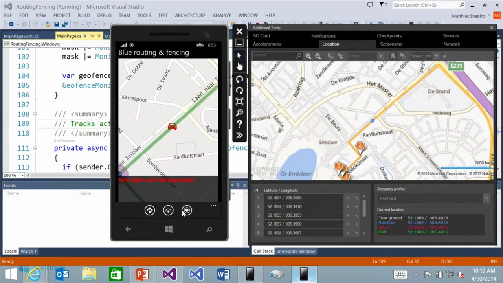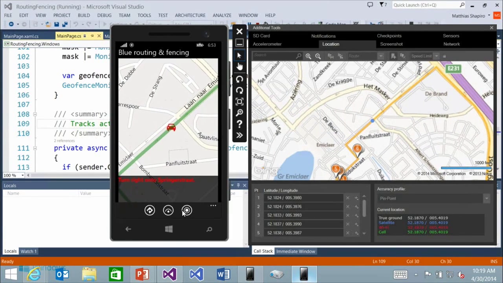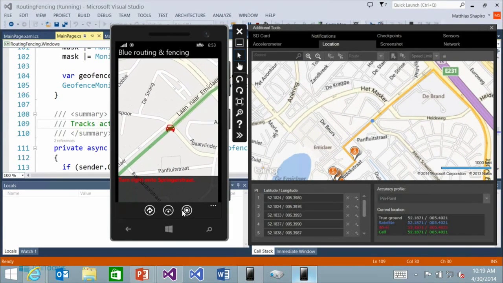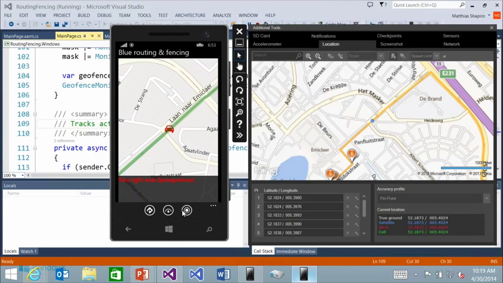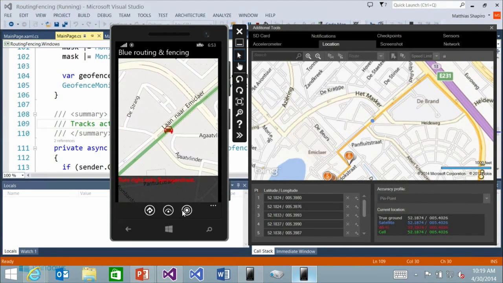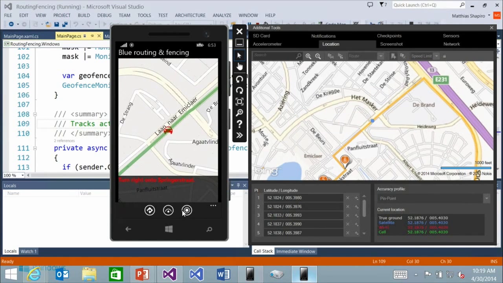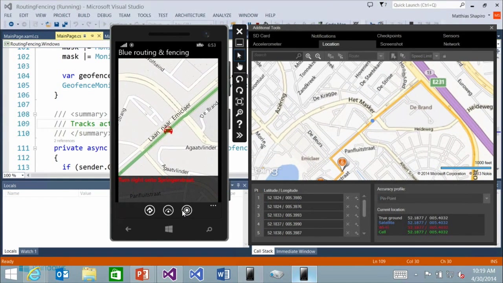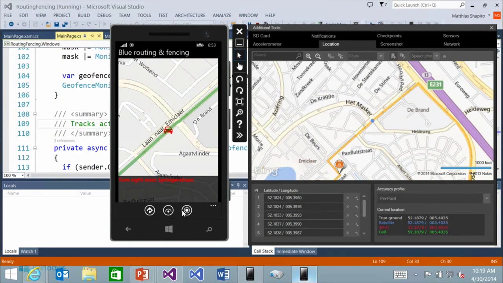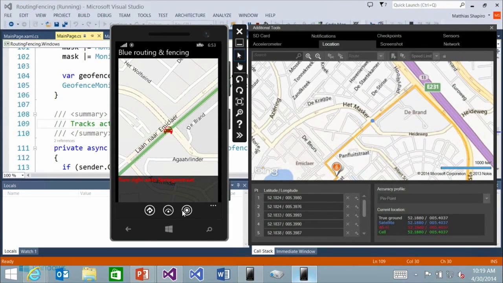If you wanted to do something like this, you could run this in a background task, and you could toss up a notification. Let's say you have a geofence and it's gigantic. Let's say it's a kilometer or two around an exit that someone needs to take on a big road trip. You could do something like that, and then it'll just pop up and say, "Hey, your exit's coming up."